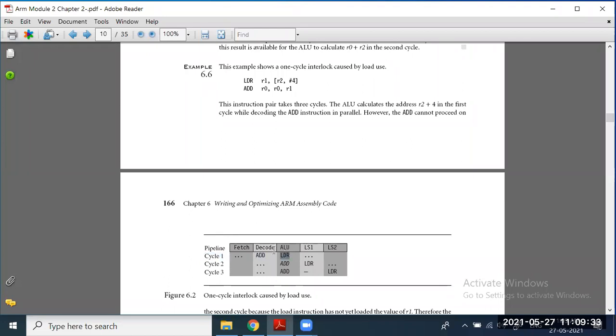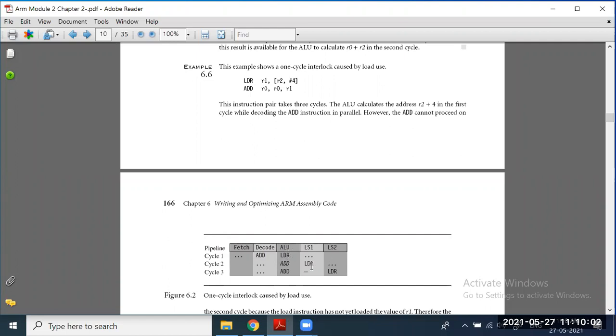We are just worried about the execution of the instruction. We are not going to add those fetch stages to the clock cycle. How much is required to execute? See, we say 3 cycles. How? Now in cycle 1, the load instruction is in the ALU.